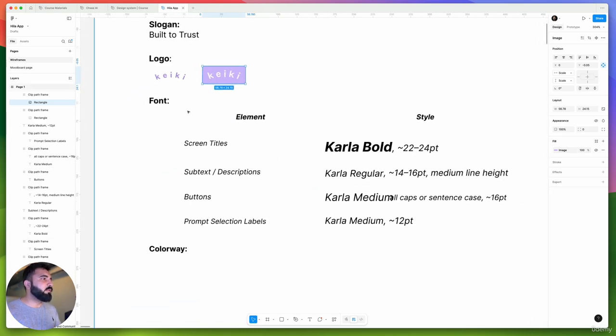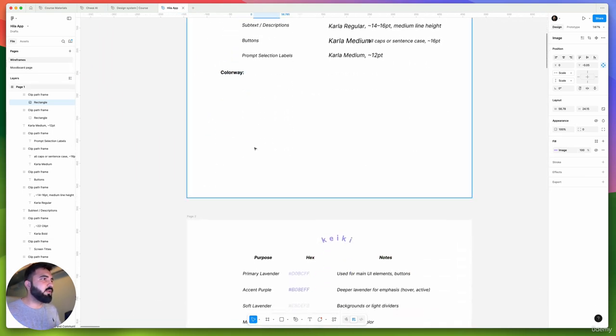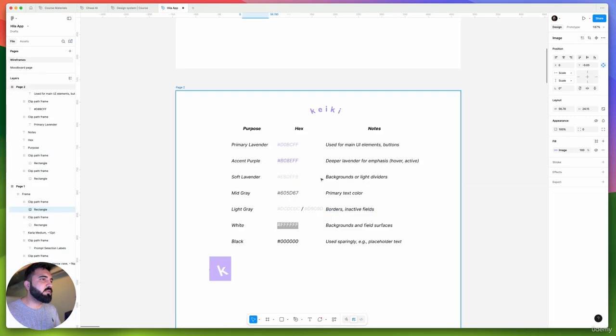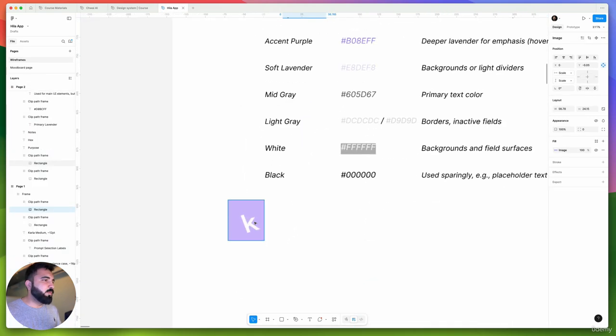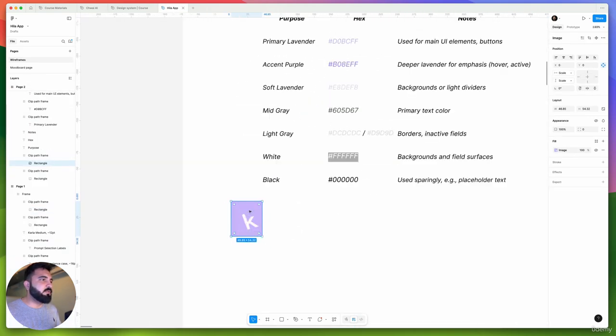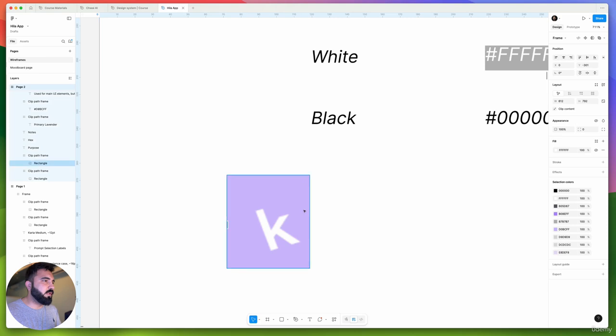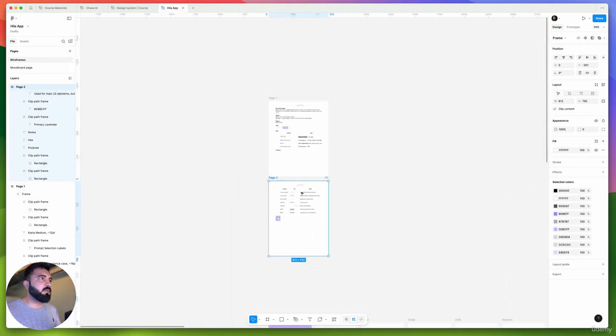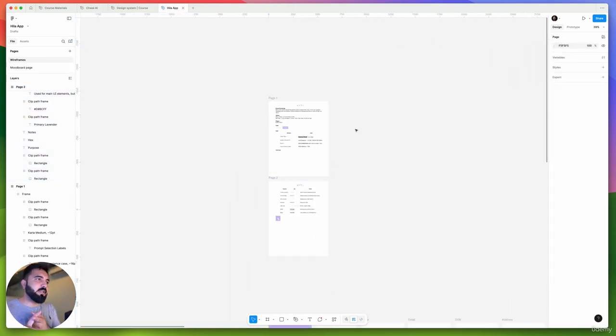All right, then we have the font, then we have the colorway. Okay, so these are the colors. Super. And then we have the icon as well. Okay, simple. All right, so we created the design system, and now we will try to use that design system